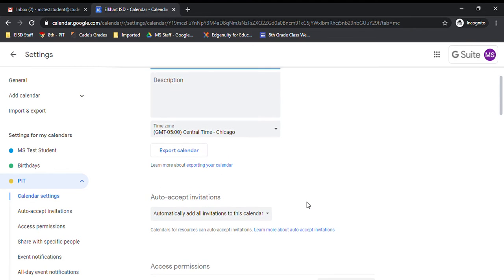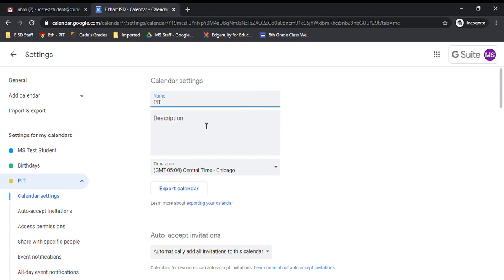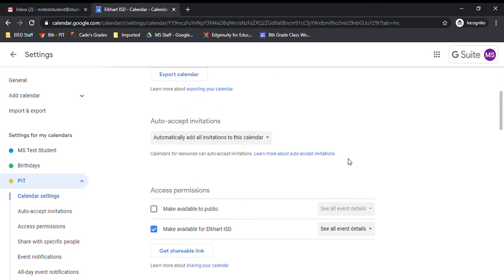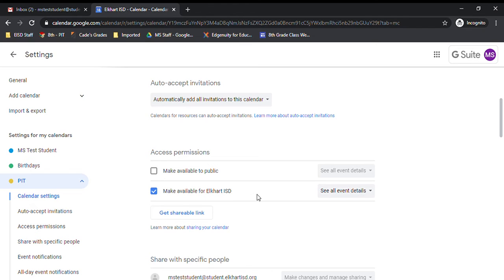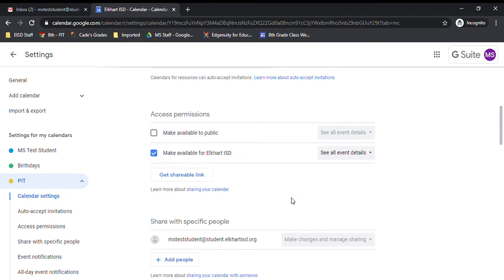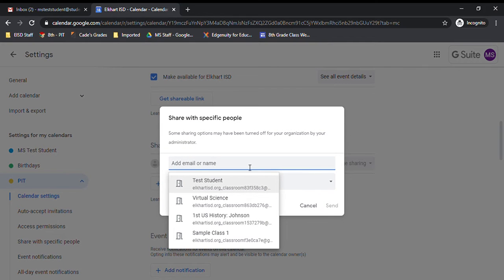Then I'm going to go over, and I have the options over here to once again give it a description. I can automatically add invitations to this calendar, things like that. Make available for Elkhart ISD is what's going to be chosen. And I'm going to go down to the bottom, and the only thing that I have to change is Add People. So I'm going to click where it says Add People, and you will share it with